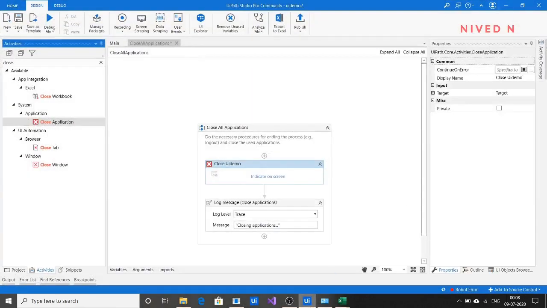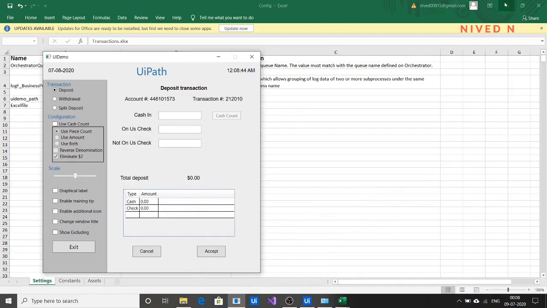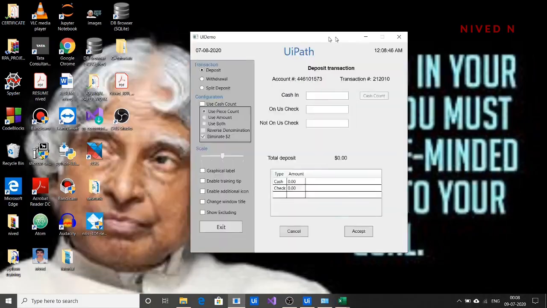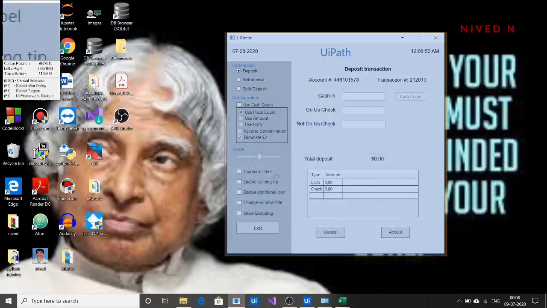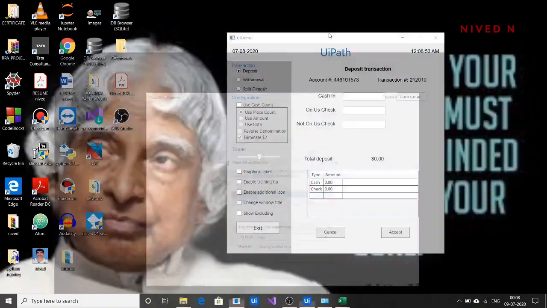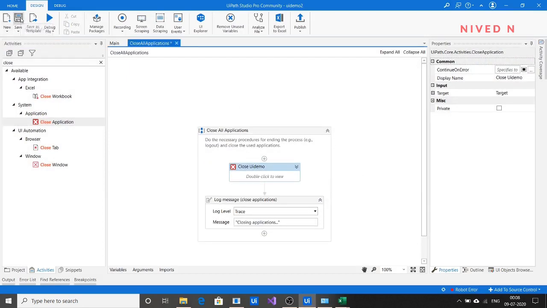We want to close this application, close UI demo. I think this is how we are closing the application, by using the close application activity.